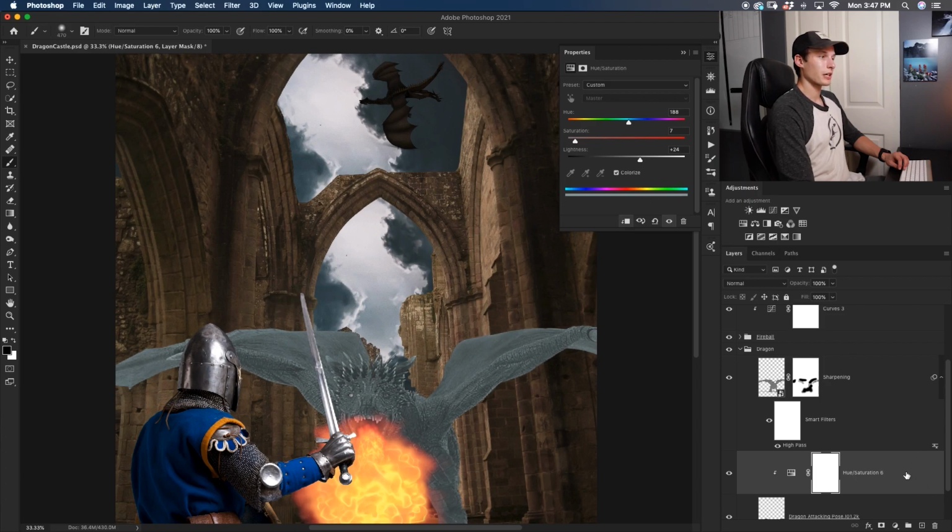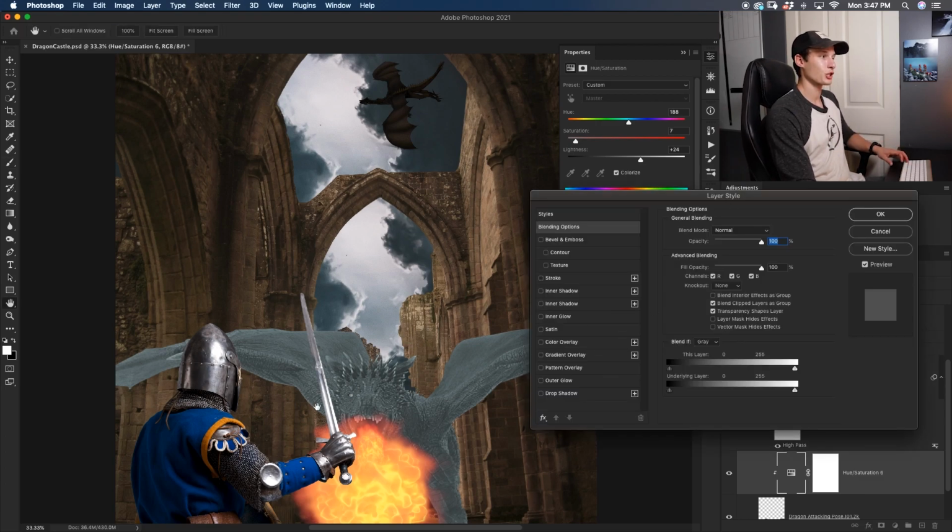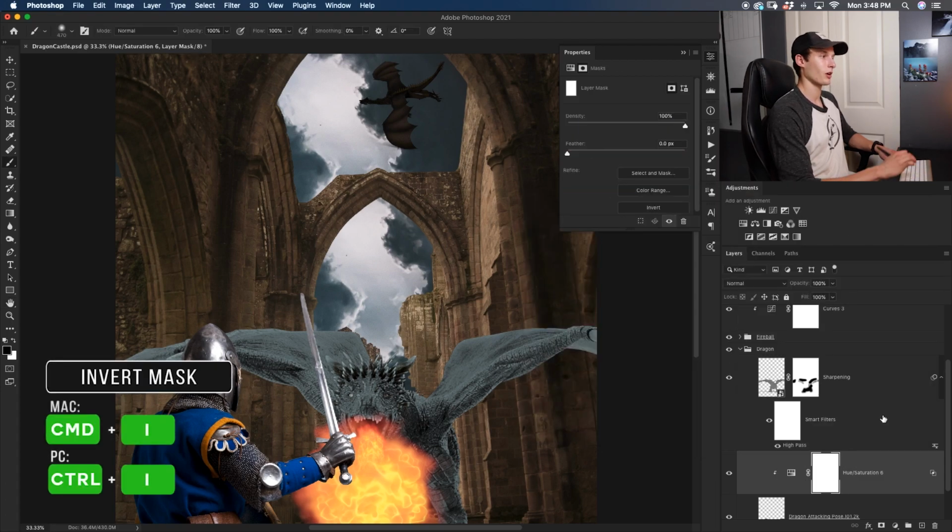From there, we'll double click on the hue saturation adjustment layer, and we're going to use blend if to blend these adjustments into our photo a little more naturally. With our blend if set to gray and the underlying layer selected, I'll just hold the Alt or Option key, click that shadow point, that'll break it apart and add a feather, and then we'll drag this up until that adjustment blends into our dragon a bit better. You can also bring up the base point if you wish to further affect which shadows are excluded from your highlight adjustment. Clicking OK there, we can now click on that layer mask, press Command or Control I to invert it,